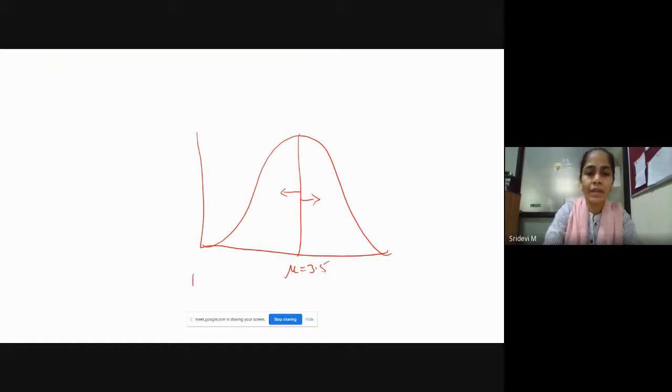Say the standard deviation is plus or minus 1.5. So most of the values lie around this average, and the standard deviation that is noticed is minus 1.5 or plus 1.5. This is the standard deviation from the mean value.